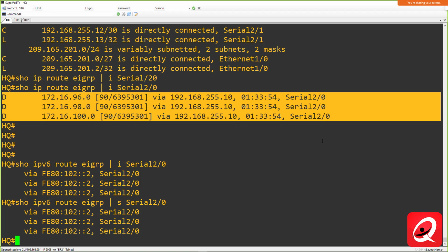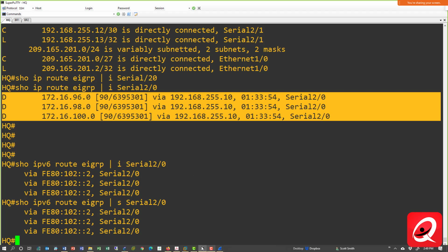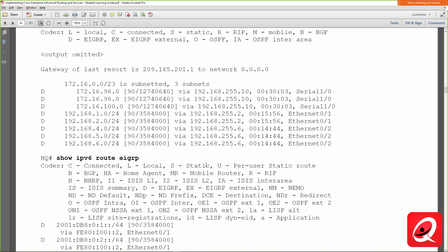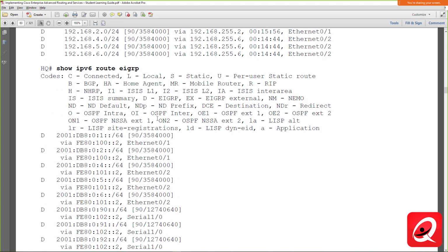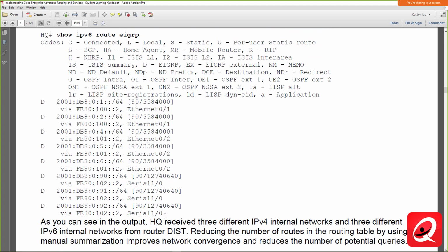Right, 255.255.248.0. You see I'm kind of walking through those steps. You could do the binary math if you wanted to and compare the bits and find where the bits are equal and where they're not equal and create your mask that way, and your summary that way. But that's what we're going to end up doing. We're going to summarize those prefixes, and for the v6, it's going to be